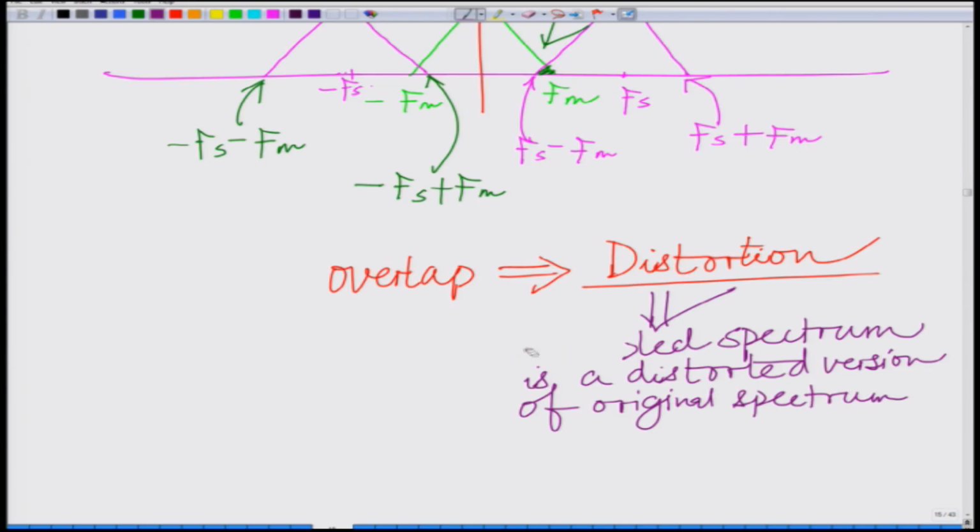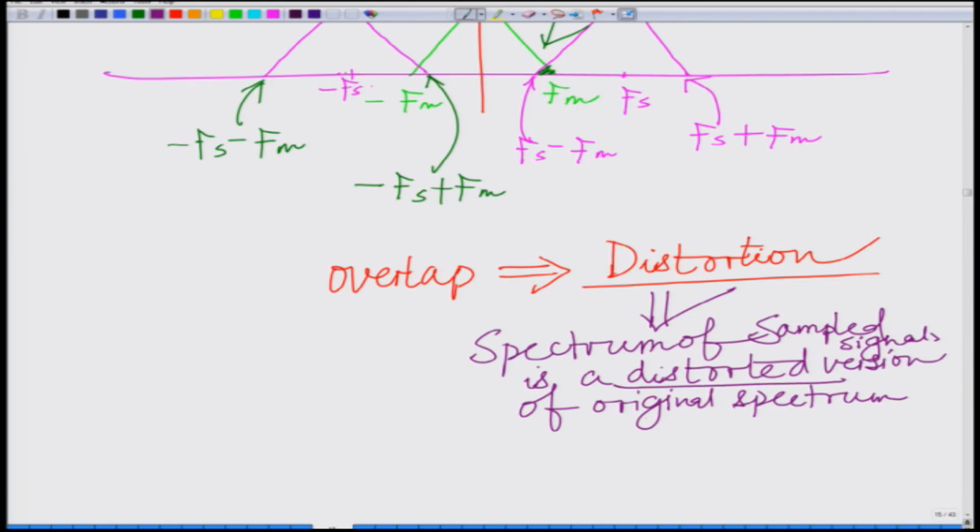Or I should not say sampled spectrum, rather the spectrum of the sampled signal. We are not sampling the spectrum, but rather looking at the spectrum of the sampled signal. The spectrum of the sampled signal is a distorted version of the original spectrum,